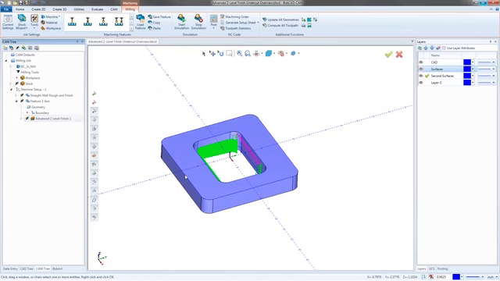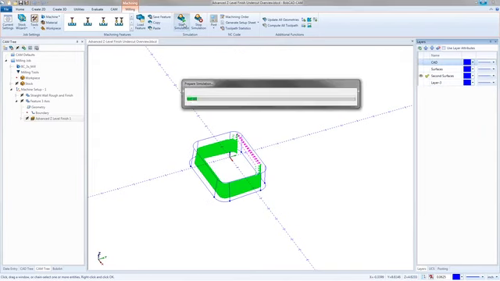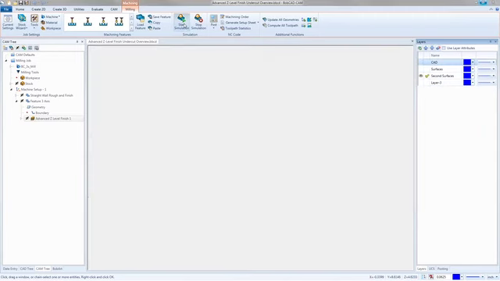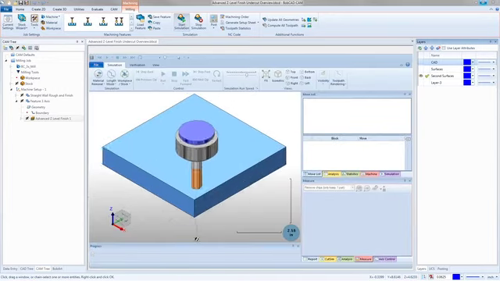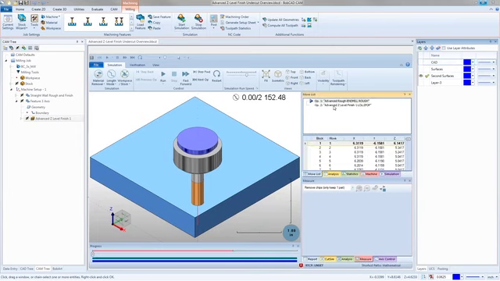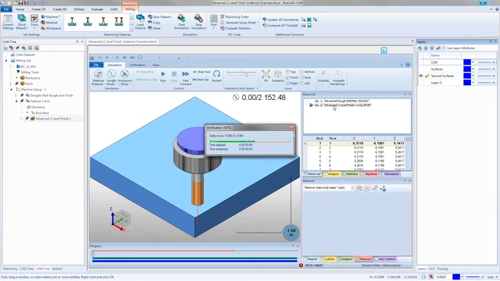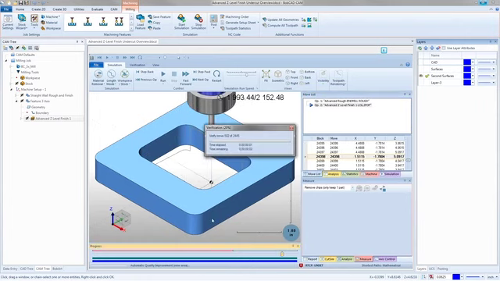So give this a little longer. I'm not sure. There it is, finally. So now, again, turning everything off for the solids, it just makes it so it loads faster. 2D geometry doesn't mean anything when you're launching the simulation. All we're bringing in is solid models. So, right here, fast forward right to the advanced Z level. And then I'll fast forward through this a little bit as well, just so we don't have to sit through the whole thing. I'll go about 3/4 of the way down, see where we're at, and then hit play